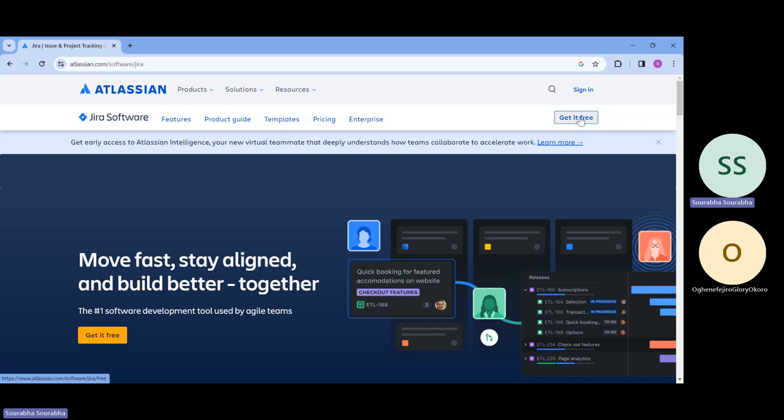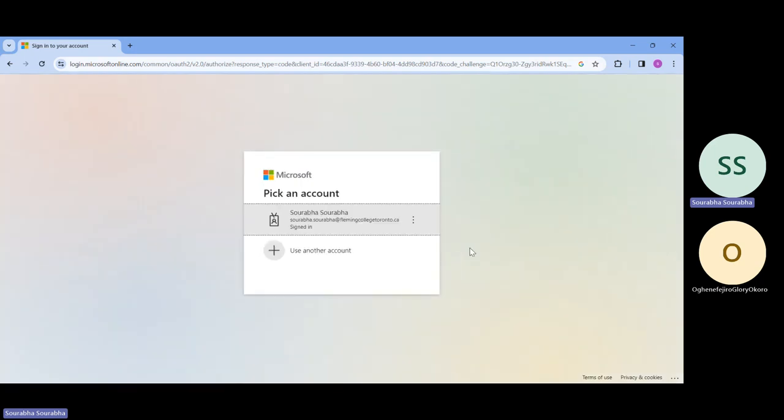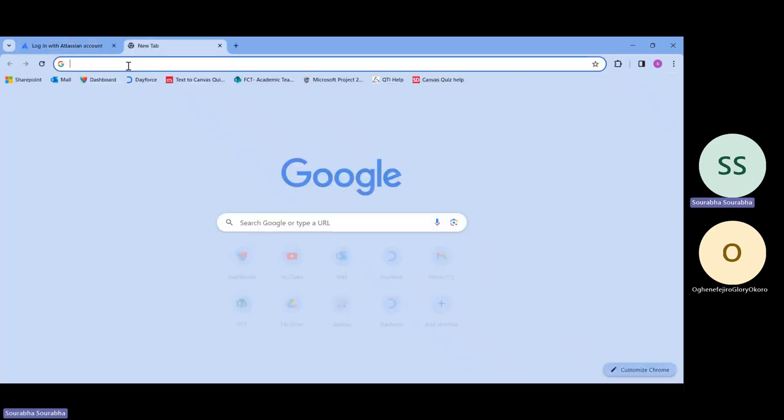You click on get it free because we are going to create a new account. Don't do these other things. We can just go to either Google or Microsoft to create our account. Since we have a Microsoft account in this college, click on Microsoft. It will use my Outlook login to create the account. Since I have already logged in with that, I picked it up. Okay, something is wrong. I don't know what happened. So I'll go again,